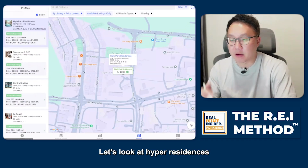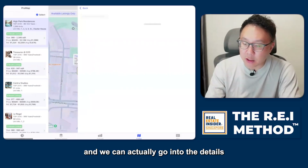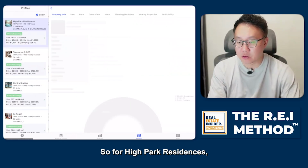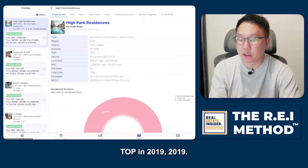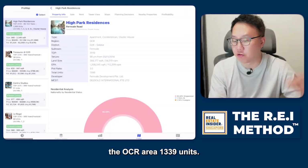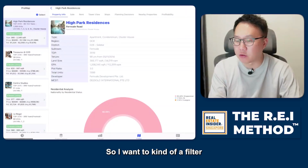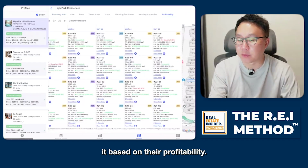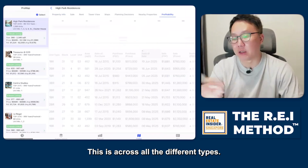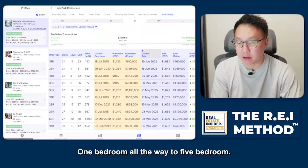Okay, let's look at High Park Residences. And we can actually go into the details of this High Park to do an analysis of what it does. So for High Park Residences, it TOP in 2019. Alright, 2019, this is of course in Fernvale, District 28 in the OCR area, 1,339 units. So I want to filter it based on their profitability. Okay, of course, this is across the board. That means this is across all the different types, 1 bedroom all the way to 5 bedroom,